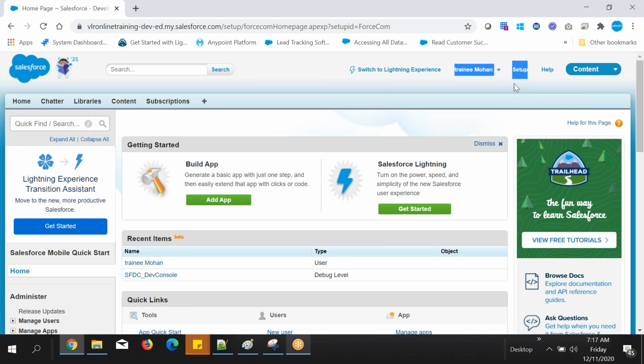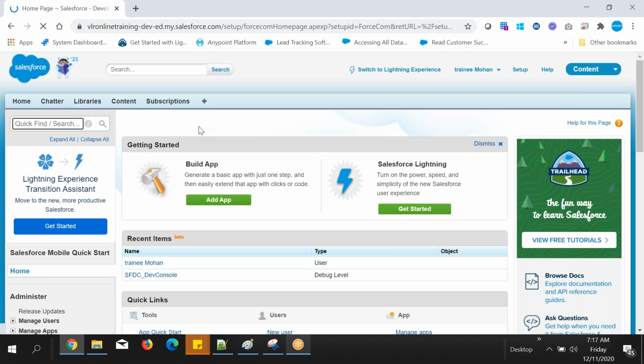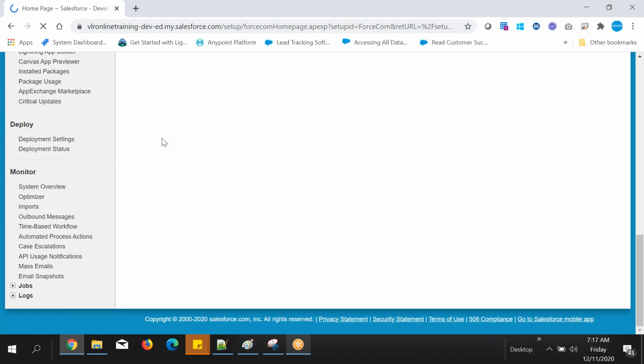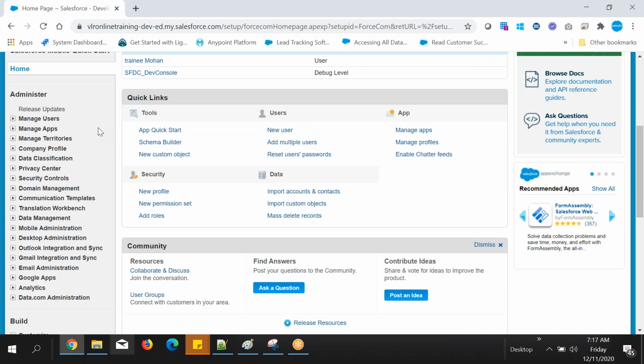And this one is Setup. You are already in Setup. Left side, can you see? It displays all the configuration items by using Setup, all the features given by Salesforce. And by using these features only, you are going to implement the project. Okay, so till that we have completed. Now we are going to see about